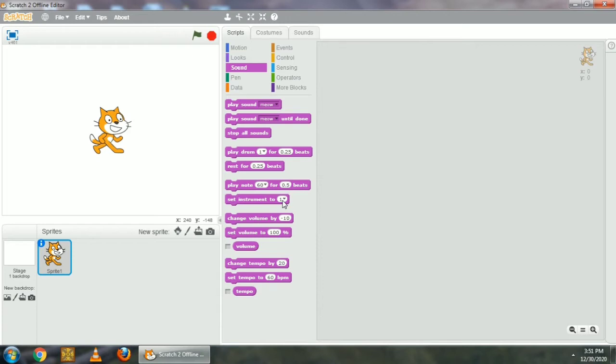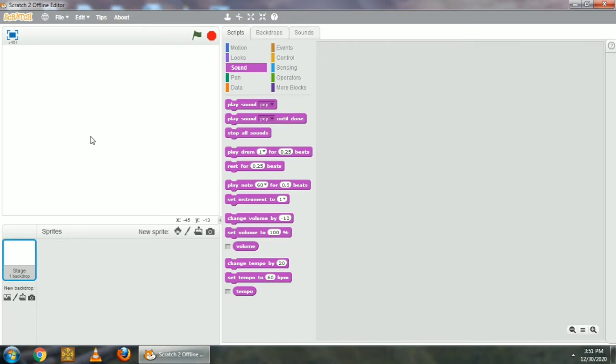Okay, now let us create a dancing sprite project. That is given in your textbook on page number 59 as figure 6.8 and figure 6.9. Both scripts we are going to make today to make a dancing girl project. For that we have to delete this cat sprite. So just right click here on the cat sprite and select the delete option. The cat sprite will be deleted.